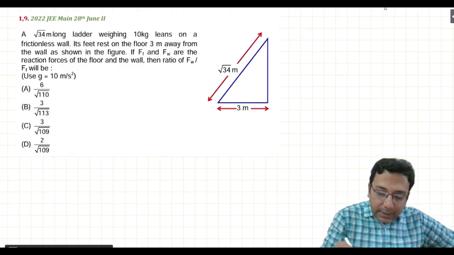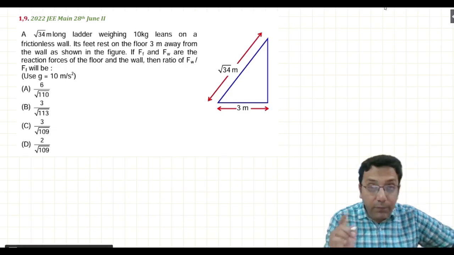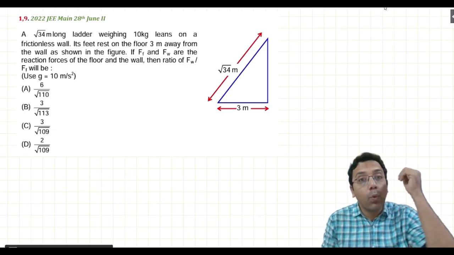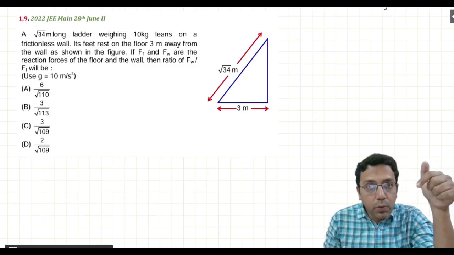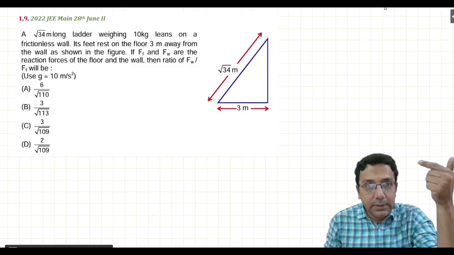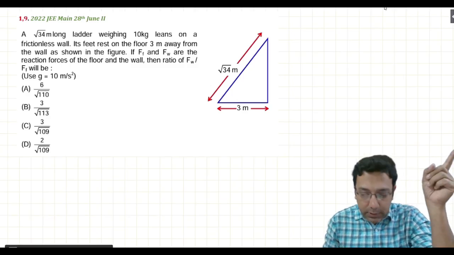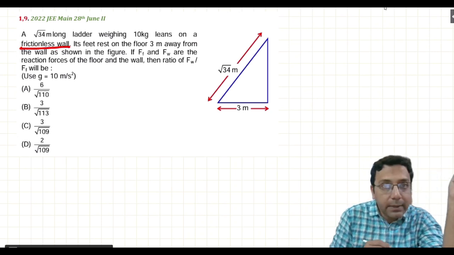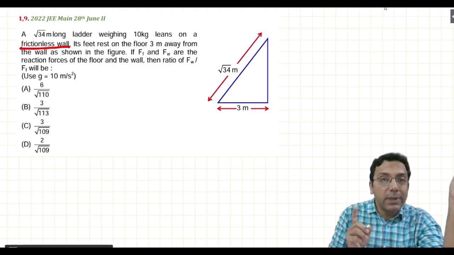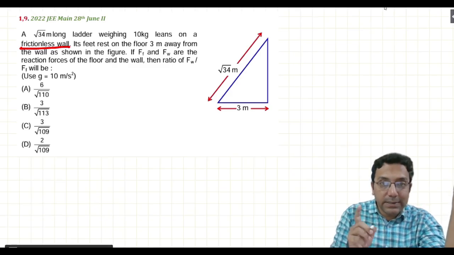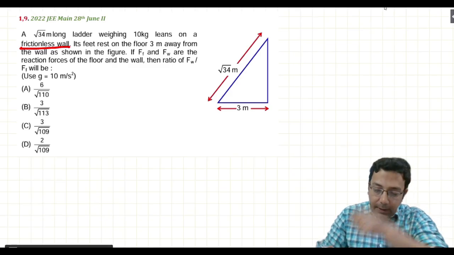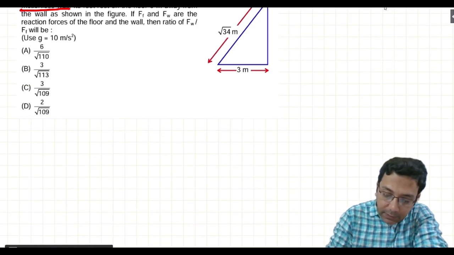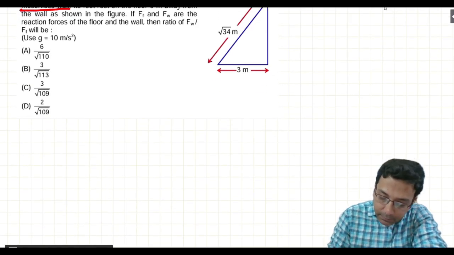One very important thing that you should note out here is that it is given that it leans on a frictionless wall. So the wall is frictionless. Okay, the floor is not. So this point we must underline: wall is frictionless, floor is not. Okay, we have to take these things very seriously. Okay, if I redraw the same sketch once again, then we can find that